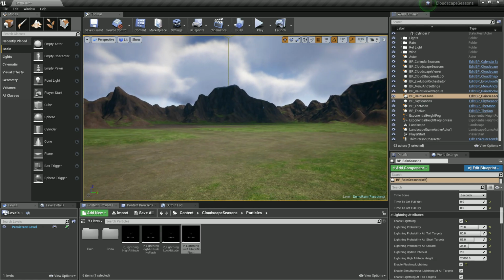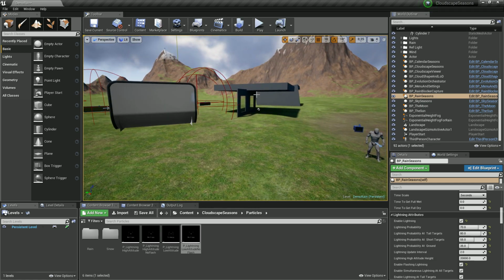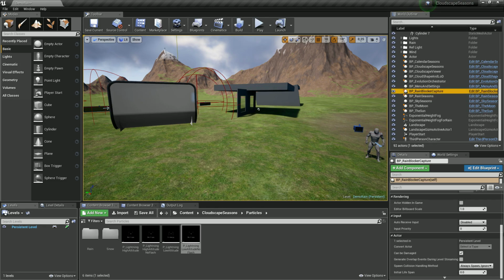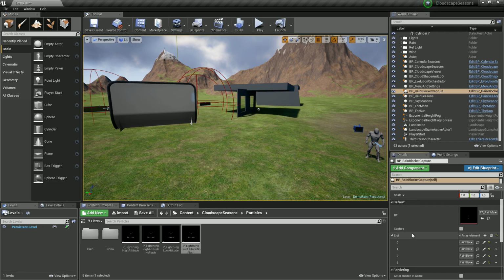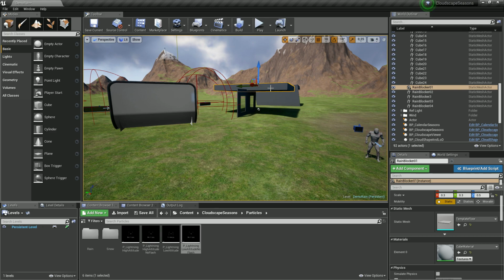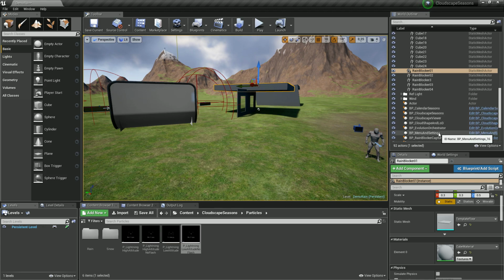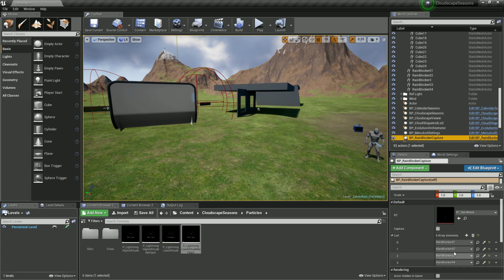And as for the way to map this, I have made this rain blocker capture. You just have a render target you point, and I call them rain blockers. So you can see rain blocker 1, 2, 3, and these rain blockers you just add to this list,